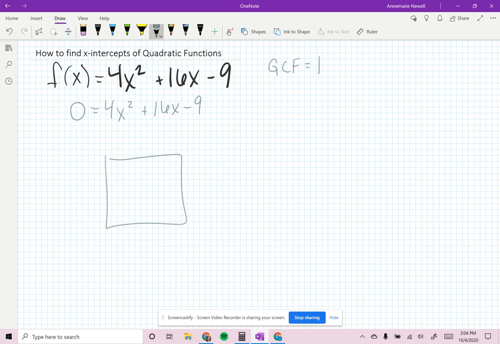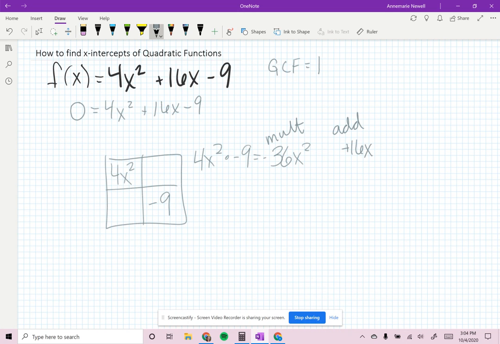I'm going to draw my box. And I know that my 4x squared will go here and my negative 9 goes there. And eventually I need to fill in these two boxes. So 4x squared times negative 9 is a negative 36x squared. I need to find two numbers that multiply to this, but also add to our remaining term here, which is